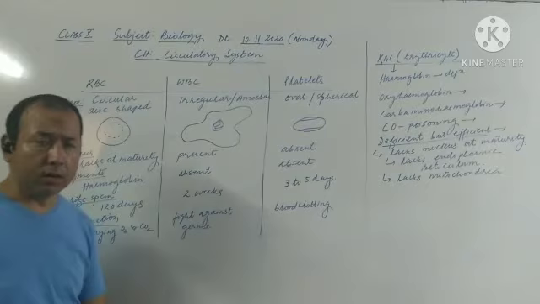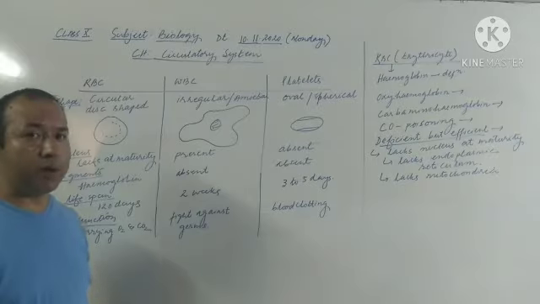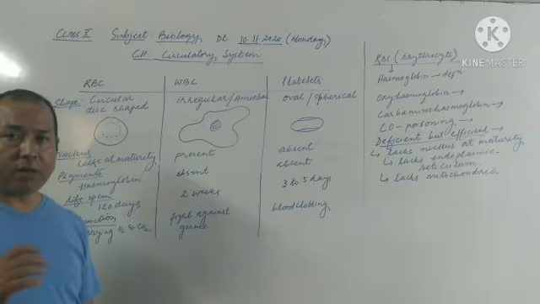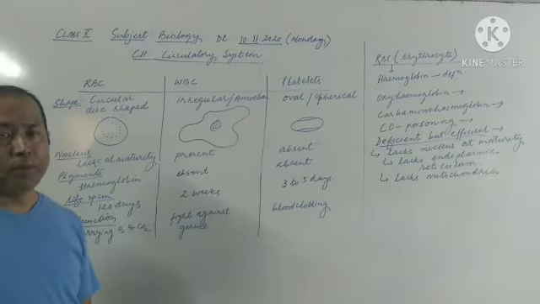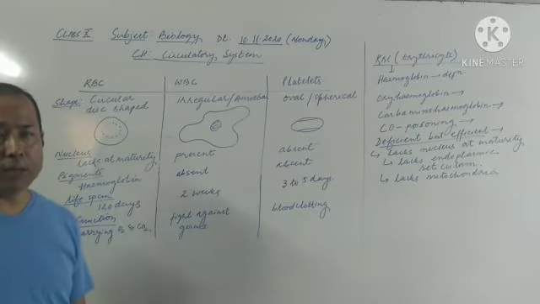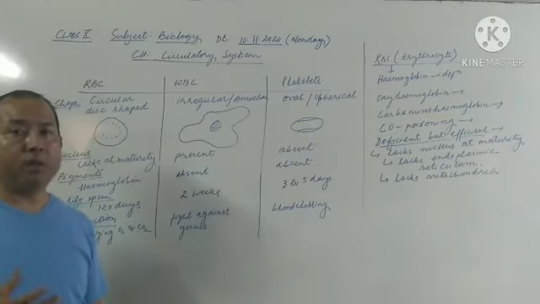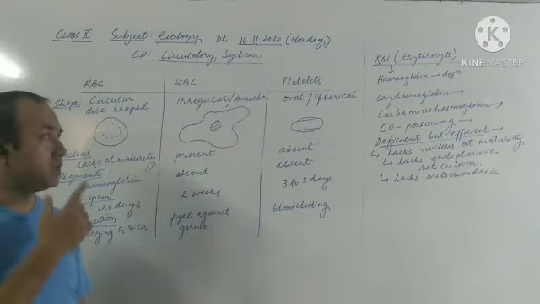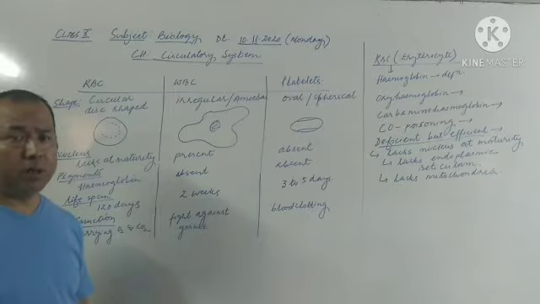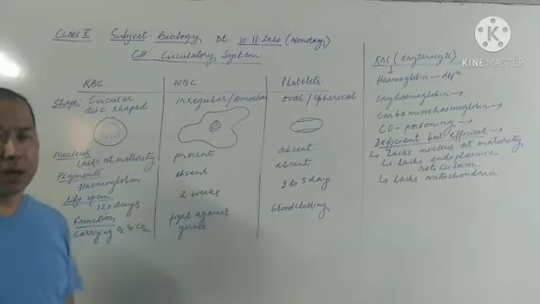Next, let us discuss the nucleus. In case of RBC, the nucleus is present when they are young, but as they become mature, they lack this nucleus. Whereas in case of WBC, the nucleus is always present, and in case of platelets, it is absent. The next topic is pigments. In case of RBC, red pigments called hemoglobin are present, about which we'll discuss after this topic. In case of WBC, it is colorless, without any pigment. And in platelets also, pigments are absent.